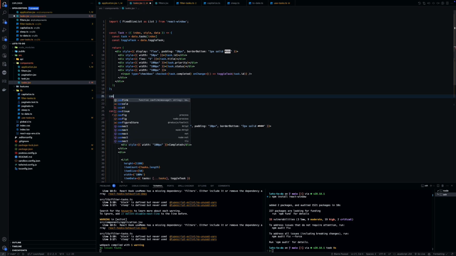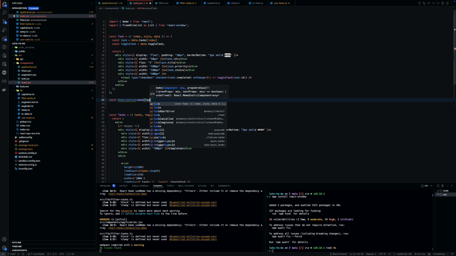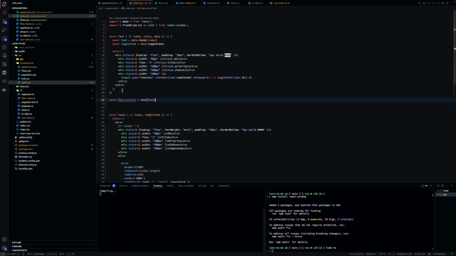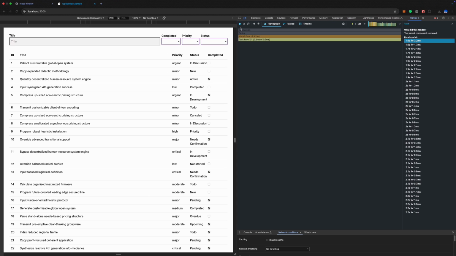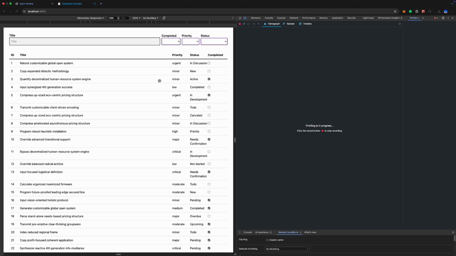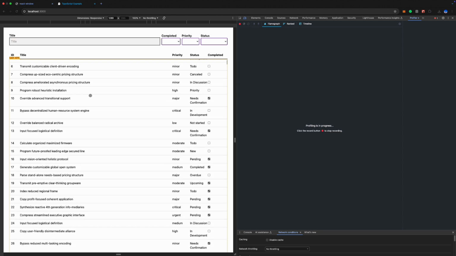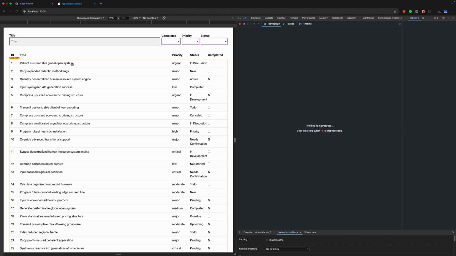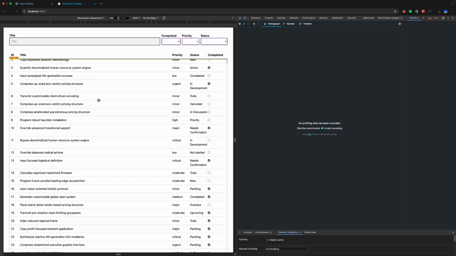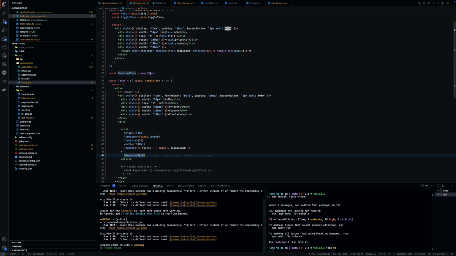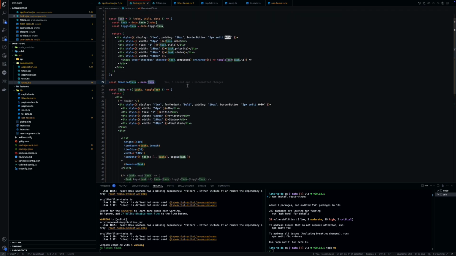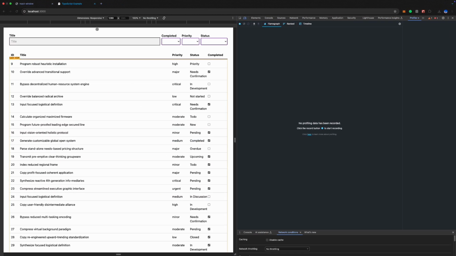So to overcome this, we must memoize the task. So we're gonna wrap this component with a memo, and we replace this one with the memoized task. You can go back here, and then we profile, go down. I think we need to refresh. Wait, memoized task, memo task. Yeah, all right,